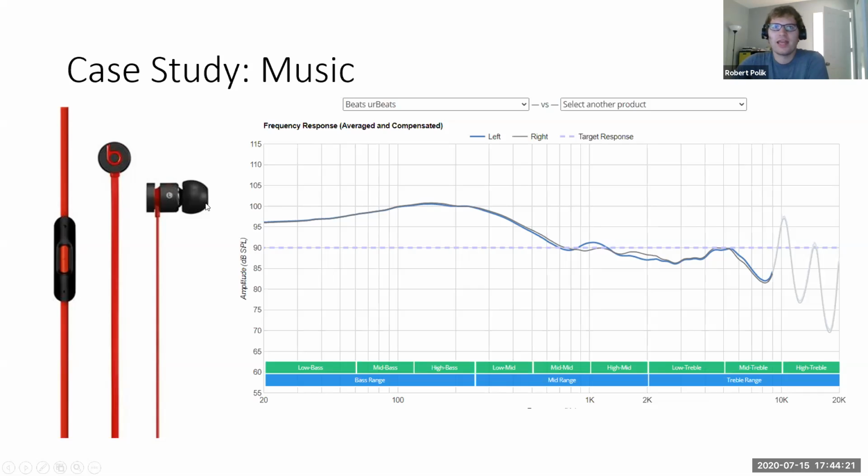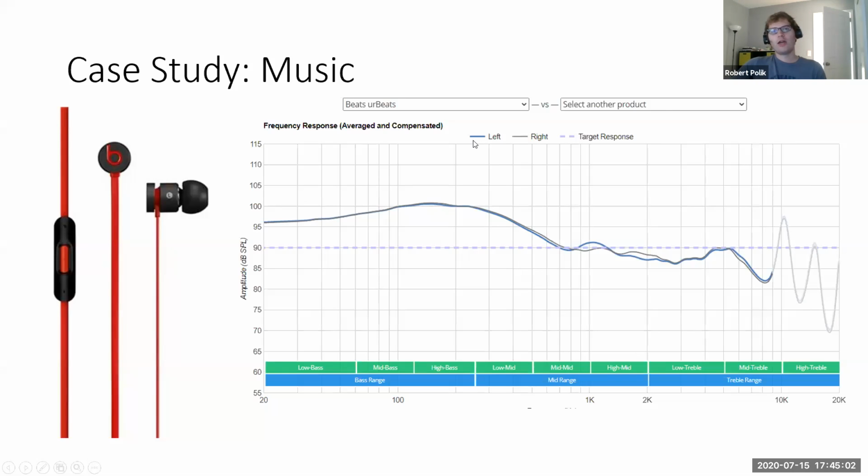And people like that. Audiophiles don't like that, but your average consumer, especially if your average consumer is listening to hip hop music, they like to feel the bass. Now, this is something, maybe not this 3 times, but this is something that can be achieved with just messing with your equalizer settings. And it's something that can also be compensated for by messing with your equalizer settings. So just because it's not perfectly flat doesn't mean it's the end of the world, but this is pretty extreme. And this was the most extreme Beats one I found. You can't always mess with your equalizer settings. Well, if Spotify is giving you trouble, then no, you can't mess with your equalizer settings.